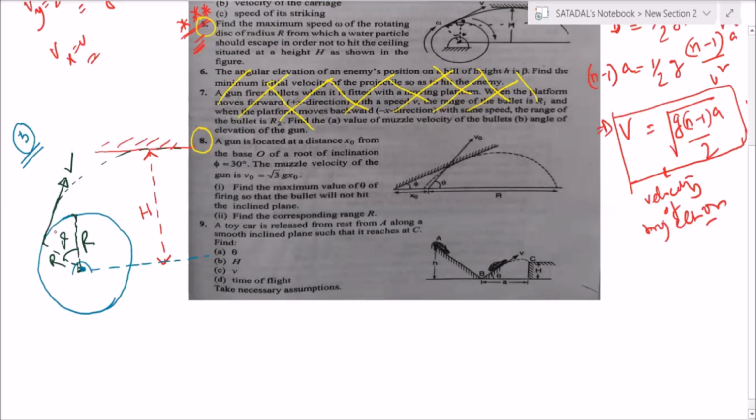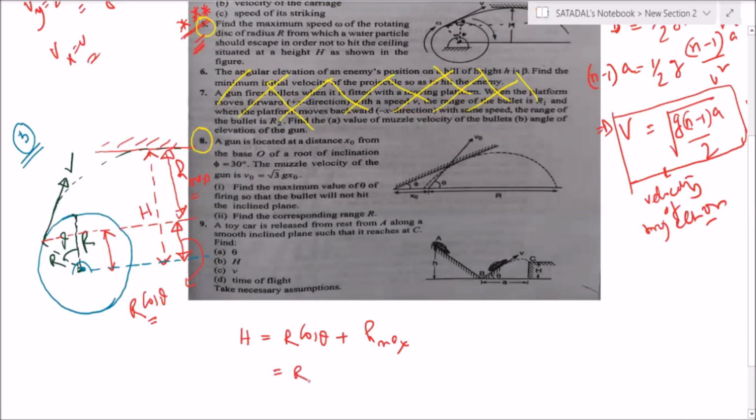See, for this projectile, can I say this is the maximum height as per the demand of the question? This is H max, correct? And there is another height over here. This height is how much? You tell me. This is nothing but r cos theta. Check the trigonometry. This much is r cos theta only. So can I write capital H is equal to r cos theta plus H max?